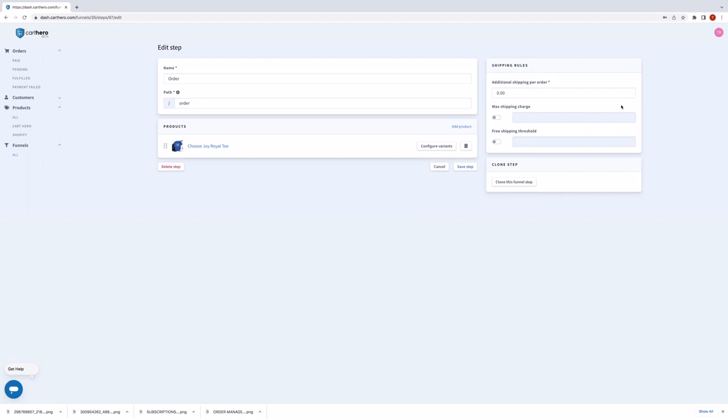So we could add a $5 fee per order. We could also set a max shipping charge if we wanted to, charge shipping up to a certain amount. And then we can also add in a free shipping threshold. That's if